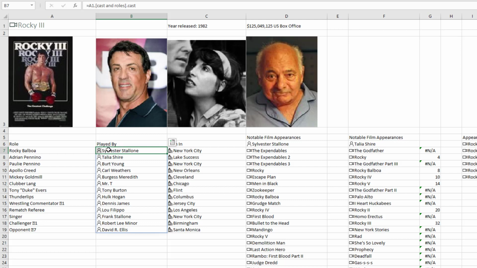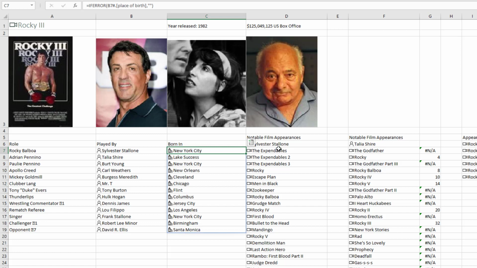If I want to find something about Sylvester Stallone, so now I'm not looking at the movie anymore, I'm now looking at the person, =B7.PlaceOfBirth. And just in case there was someone that they didn't have and it returned a field error, I could hit the quote.